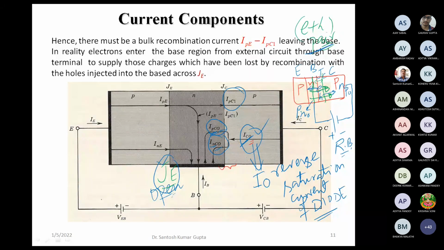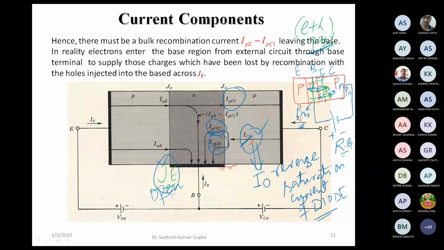These two current components together form the collector current IC. So collector current is a little higher than IPC1 because of this ICO component, but this ICO is mostly very small as compared to that